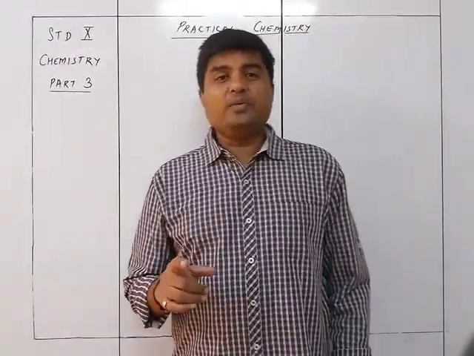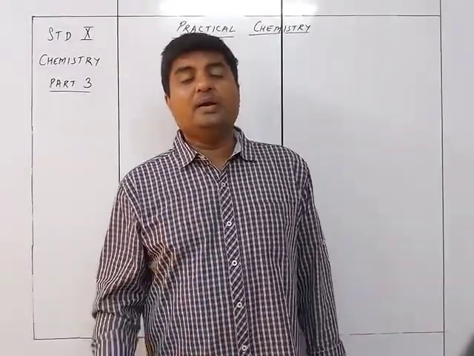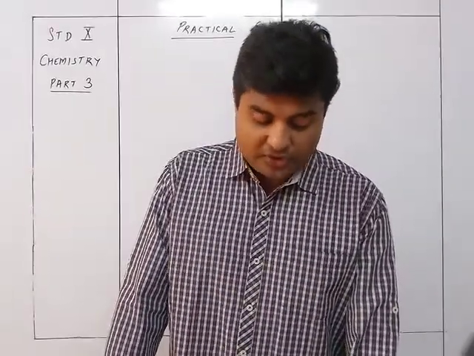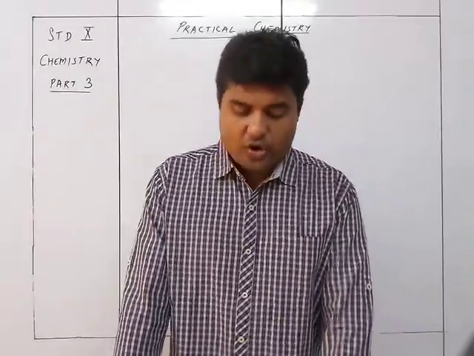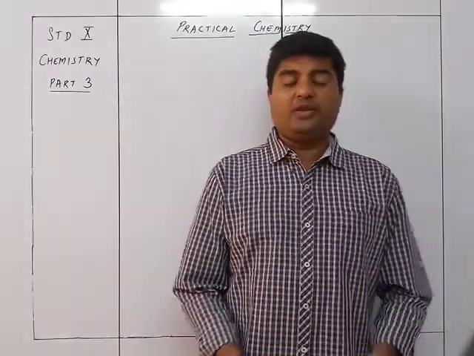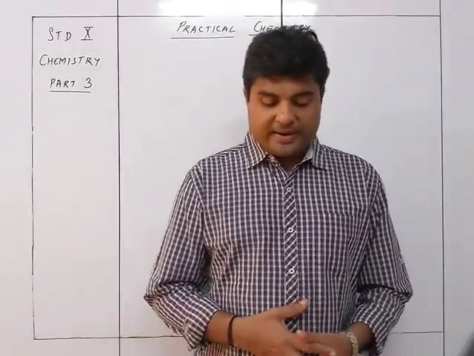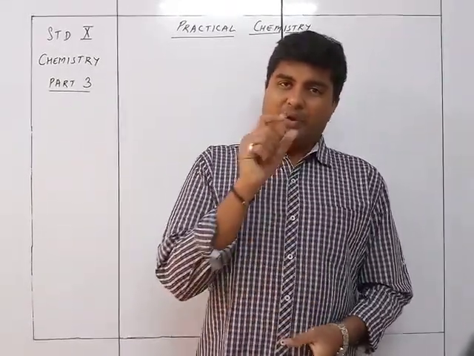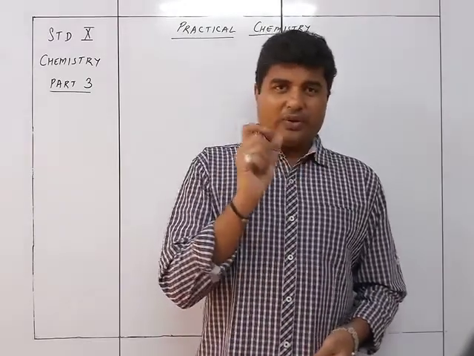Next, again we are taking the salt and adding to it a solution of barium chloride or barium nitrate. A white precipitate is formed which is soluble in dilute HCl. So again the same thing, we have taken Na2SO3 plus